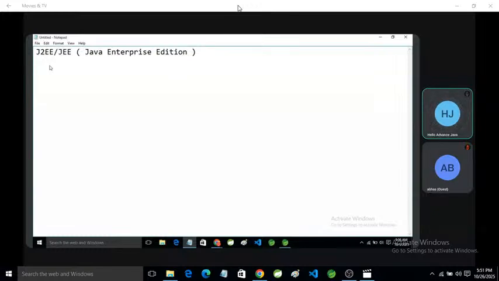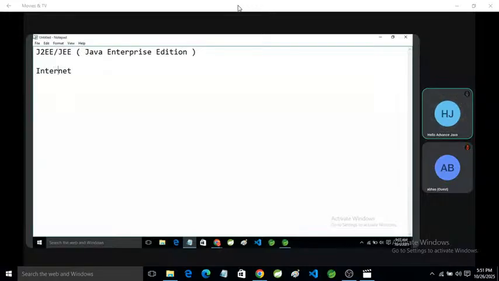Okay, but suppose we develop a website, a web application and host it on the internet, so from the whole world any person can interact with us. That is beneficial for our business. So same thing here, if we want to develop a web application or website, we use JEE or J2EE. Okay. So if you want to access any website or any web application, we need internet.